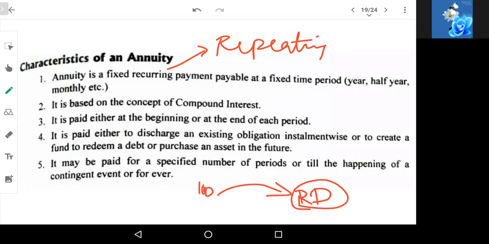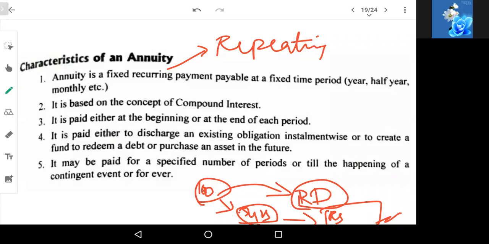Okay. Now, this is an annuity every month. So it's the same amount every month you are putting into an RD. Now, here you can pay into this RD, let's say after 5 years, you will take out that RD. So you have accumulated some significant amount. After 5 years, you will get that back. Or after 1 year only, you can get that back.